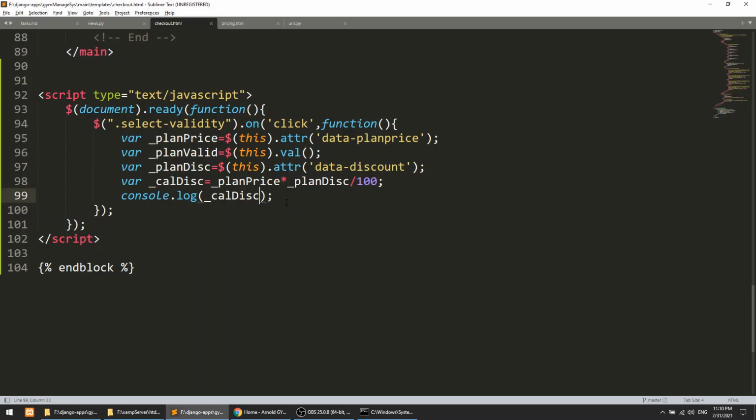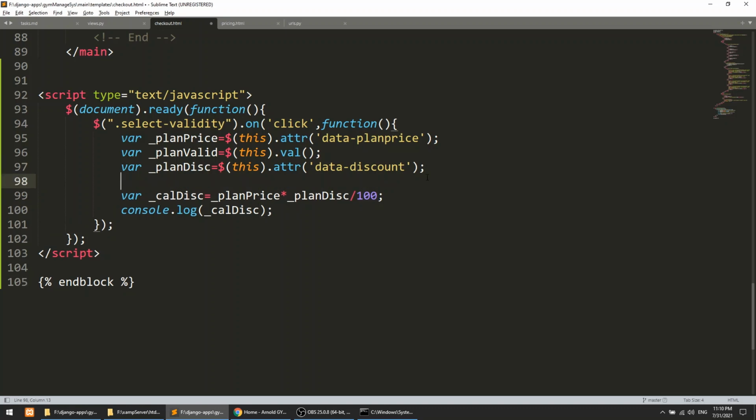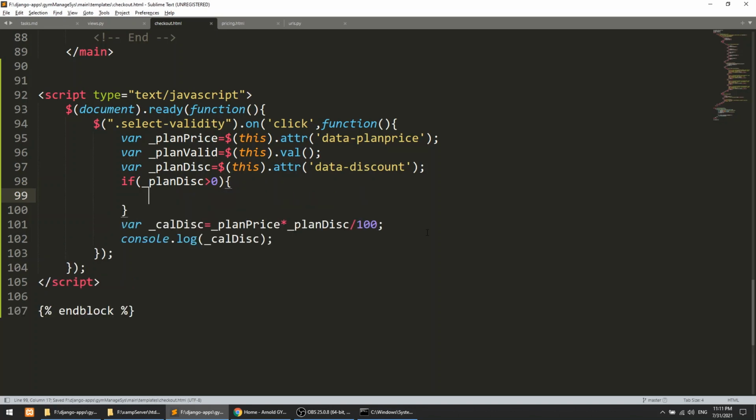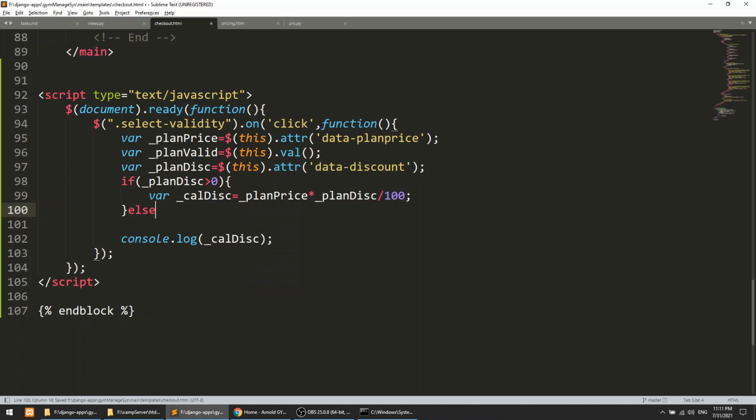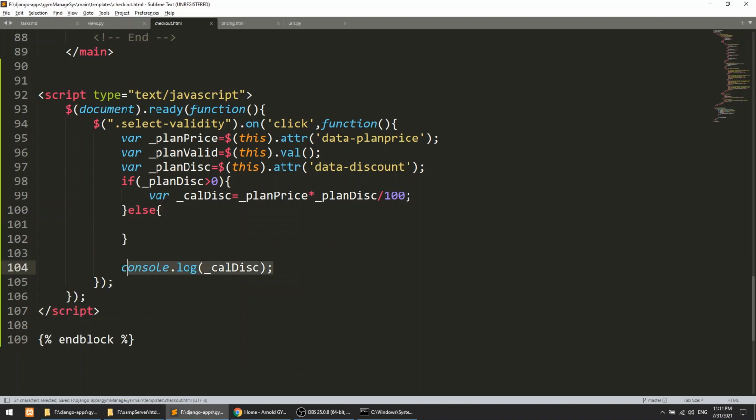So what we will do here is, if plan discount is greater than 0, then this should be the calculated discount. Else, the value remains the same as the price.